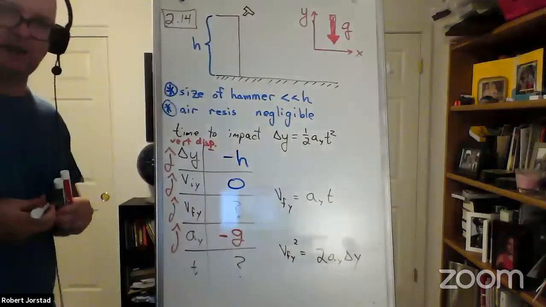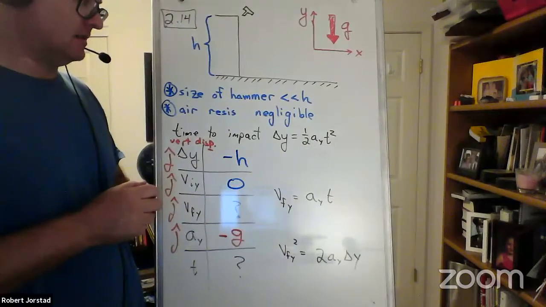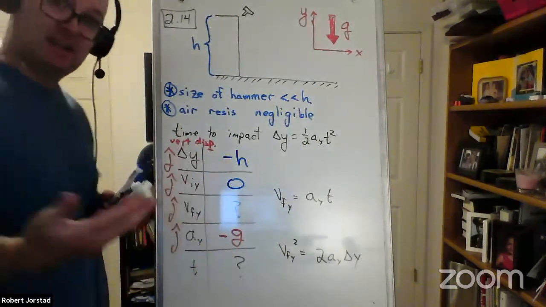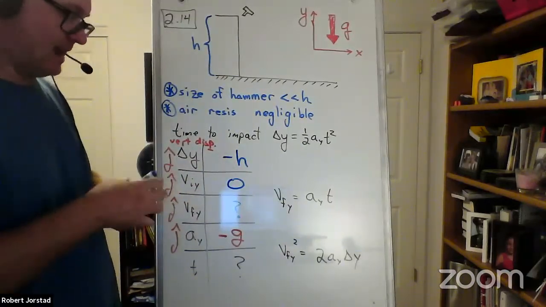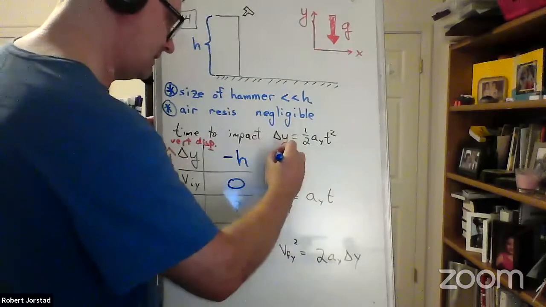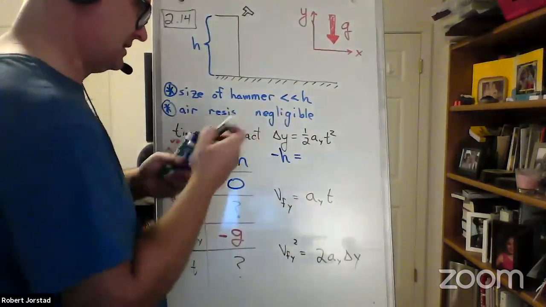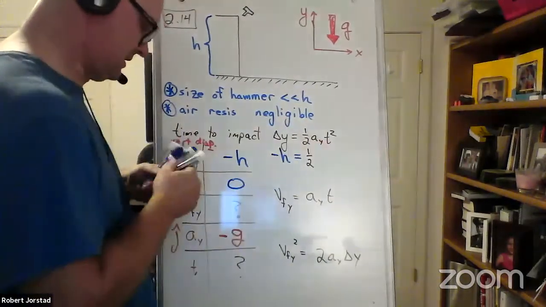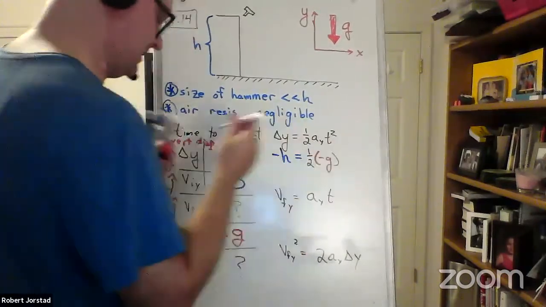All right. And now I forget who that was earlier, but we could actually plug in this stuff. So let's start plugging in the letters now. And so to do that, I'm going to get a minus h equals 1/2 negative g